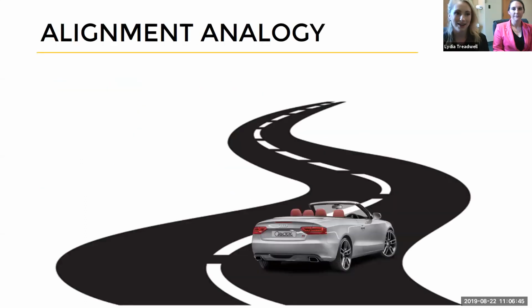So I like to start this alignment discussion with an analogy. Just like you do in your in-person courses or your online courses, it's always nice to try to tie it to something real world. So when you get in your car, you don't just start driving without an end destination in mind. You don't just start driving around aimlessly without a map, without knowing where you're going, because you won't end up where you want to be. And if you end up where you want to be, you may not end up there on time because you didn't plan ahead for a specific way to get there.